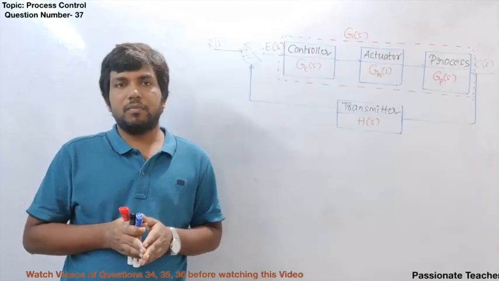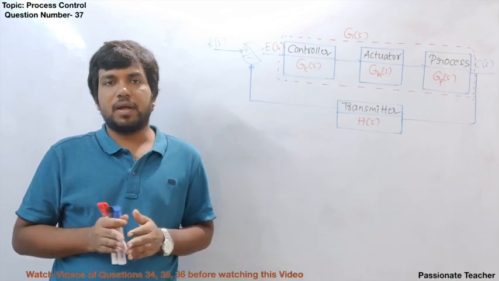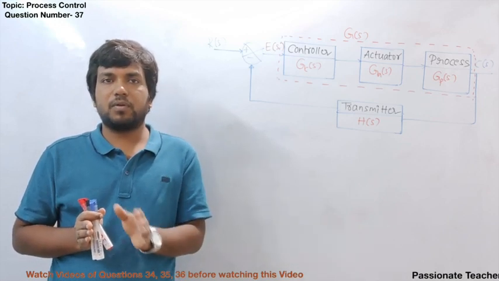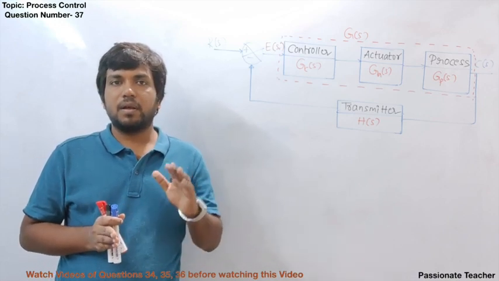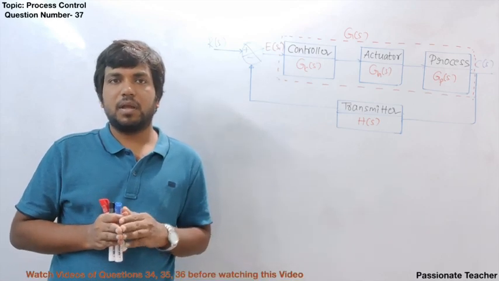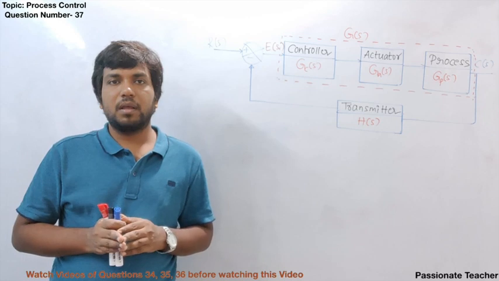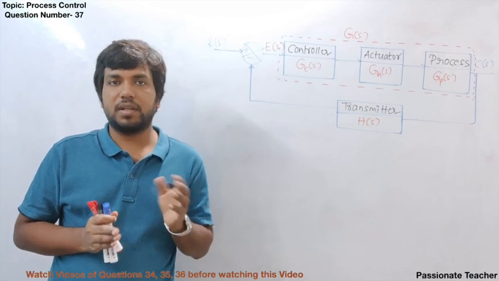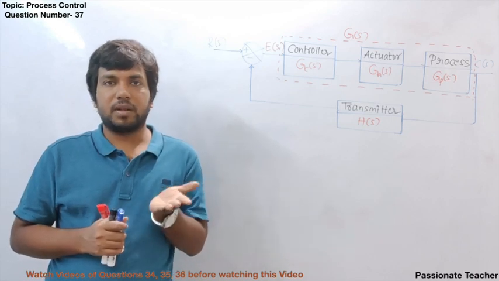So by this time, you might have understood that if you use the derivative controller, simple derivative controller, or even the PD controller for a first order system in closed loop control configuration, you may not end up with 0 steady state error, but the response may be quick enough, right?